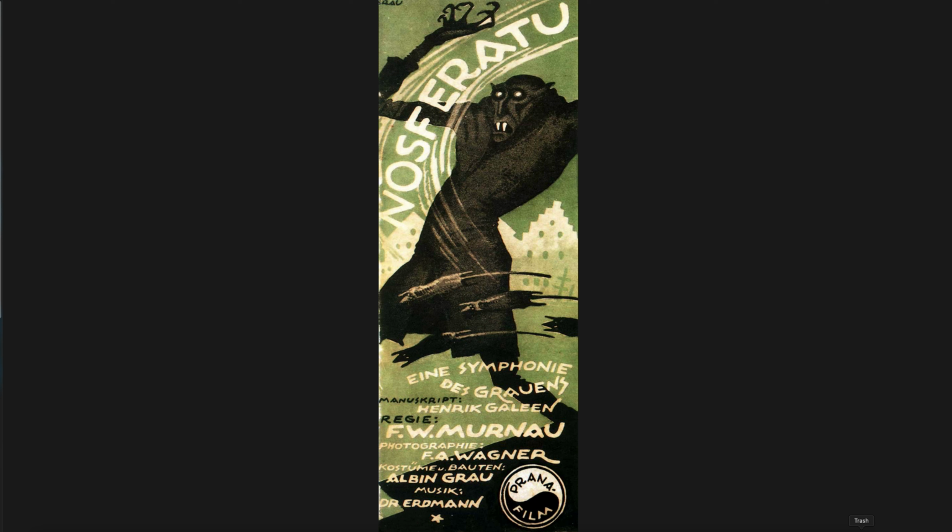Nosferatu, the first vampire ever to show up on film, is another significant film. But the use of shadows and backdrops in this film, they're natural backdrops, but they are taken directly from German classical painting. And what happens in German Expressionism is they take the natural landscape and turn it on its head, basically, with intense colors, and it becomes very unnatural. In German Expressionism, everything is kind of wrong, everything is off somewhat, and they show that in the design aspects of it rather than just in the subject matter, on the surface.